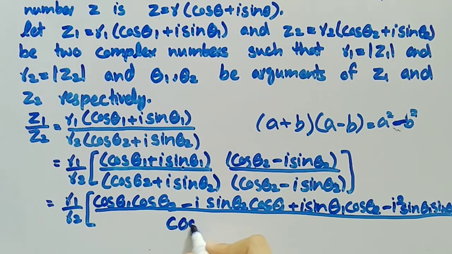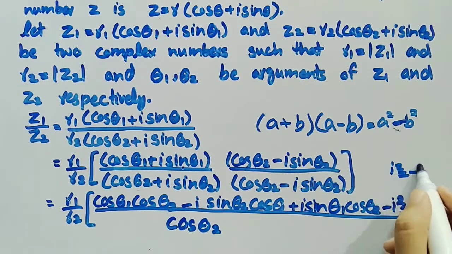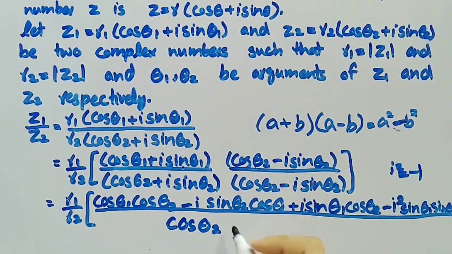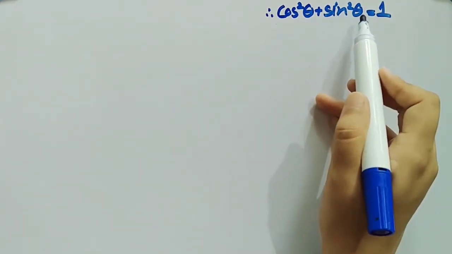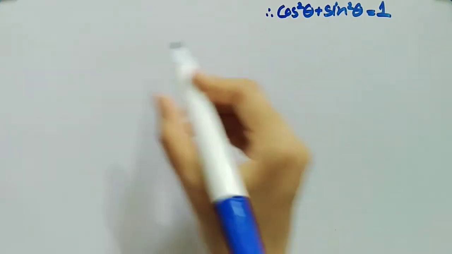So we will get cos theta 2, iota square is equal to minus 1. So here this minus sign will be converted into positive sign. So we will get cos square theta 2 plus sin square theta 2. From the trigonometric identities, we know that cos square theta plus sin square theta is equal to 1. So we can write